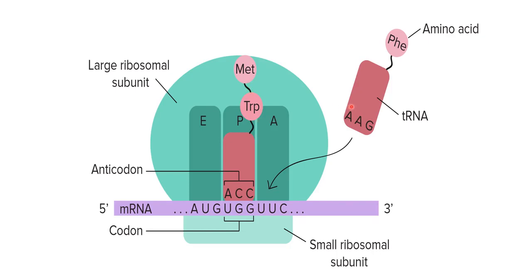Likewise, when the next tRNA comes, having another amino acid, phenylalanine, at the A site, this ribosome will translocate. So this tRNA will also reach the P site. Then this bond will break from here. This dipeptide will get detached from this tRNA and will form a peptide bond with this phenylalanine. So a polypeptide chain will be formed having 3 amino acids. Likewise, the process will continue and will form a polypeptide chain.